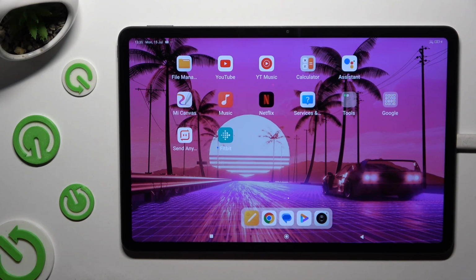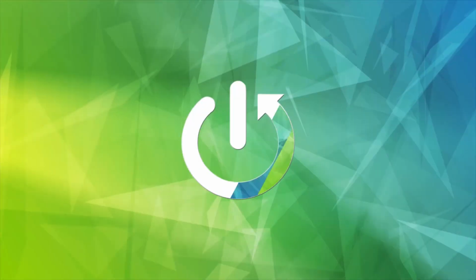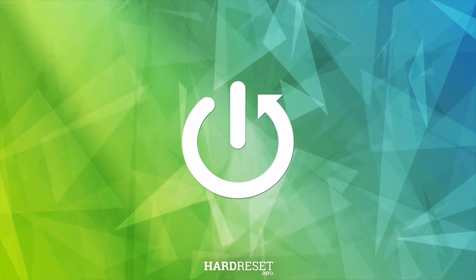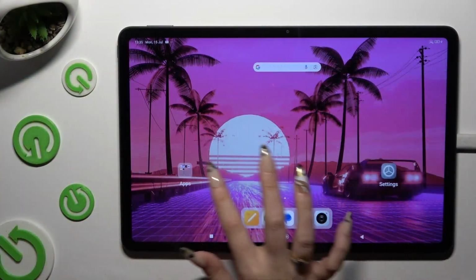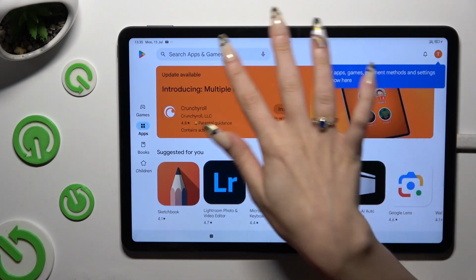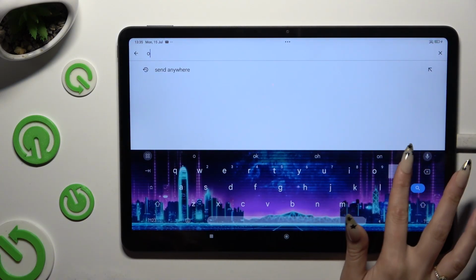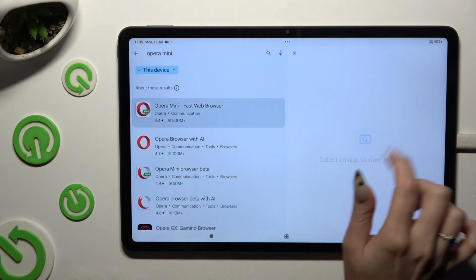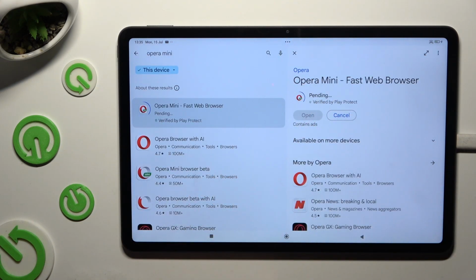In front of me is Redmi Pad Pro, and today I would like to show you how you can change default apps. Begin by opening Play Store and downloading your new defaults. I will go with Browser. When your new apps are ready, you can go into Device Settings,